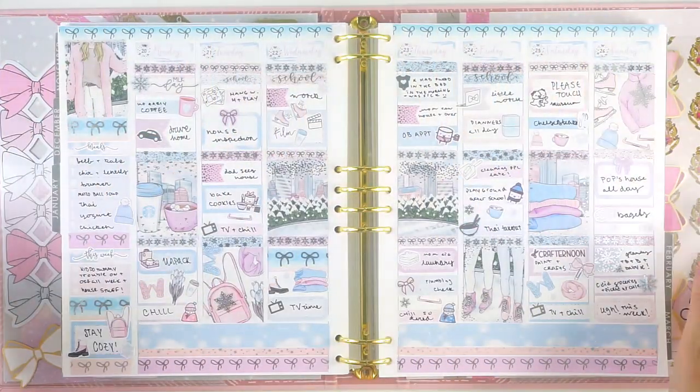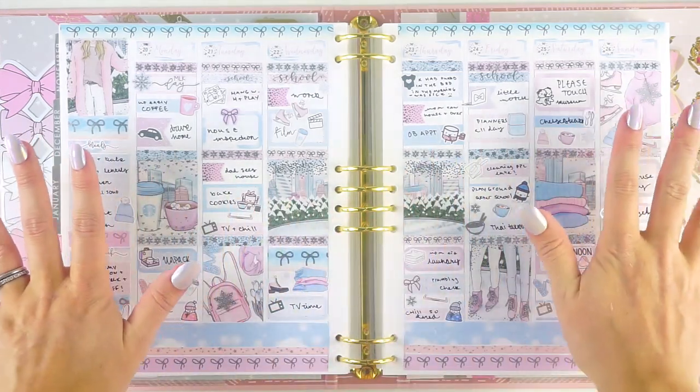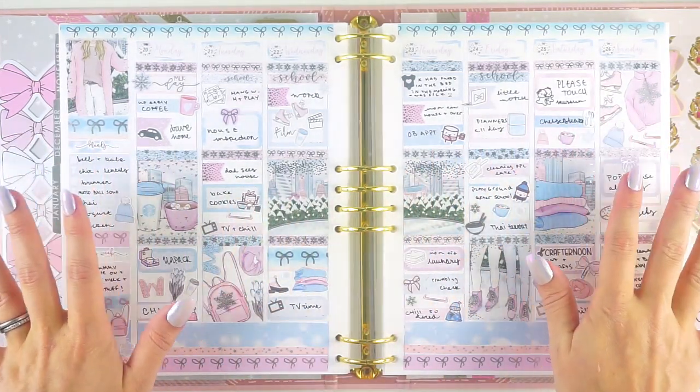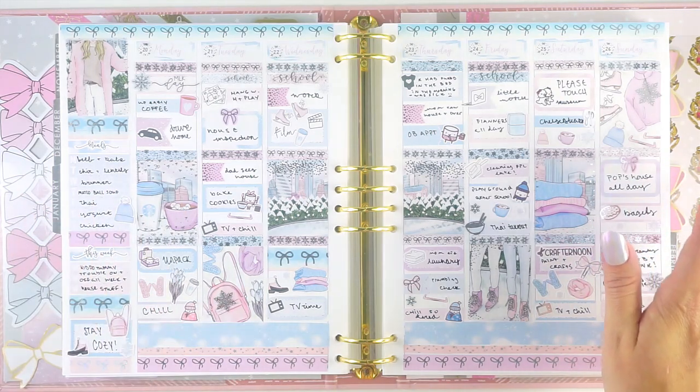Okay, that is everything all filled out. Oh my gosh, I so love how this looks. Love the Philly vibes, love the winter vibes. I am just very excited that I got to use this kit. I did all of my writing in this